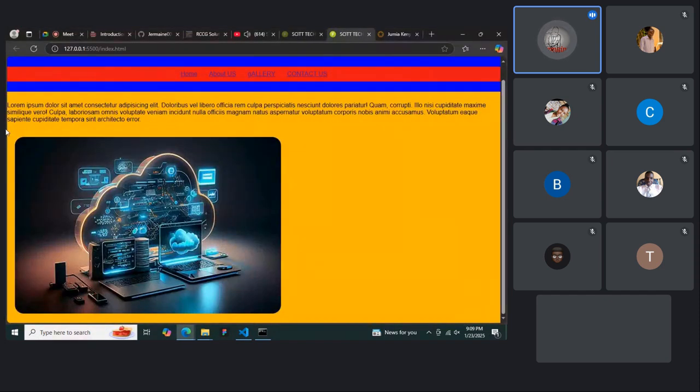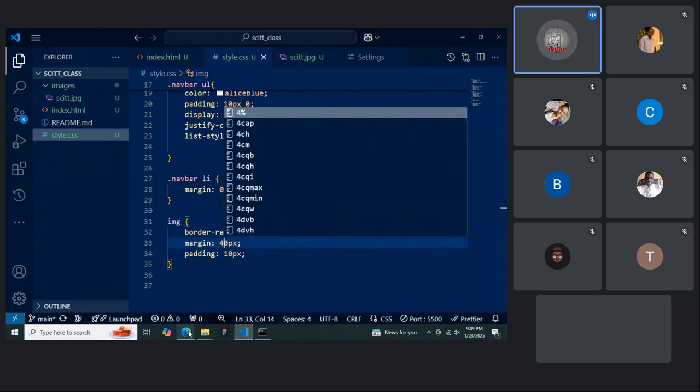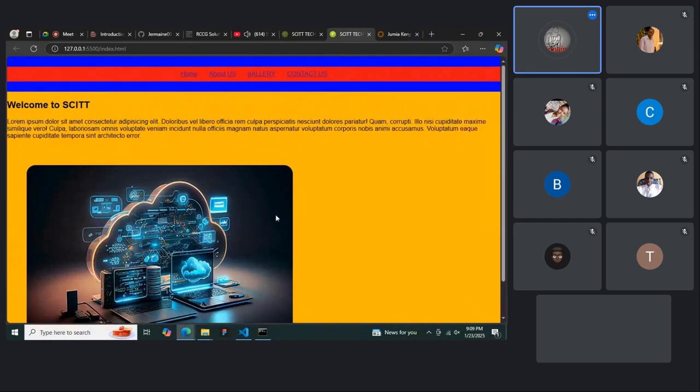So when you come back to our image, you can see it's no longer towards the extreme left. Maybe we can say that's too small. Maybe we give it a margin of 40, and you'll see that the space between the extreme left and where the image starts has improved. Also, we can see that there's a space between this paragraph here and the image. So basically, this is the